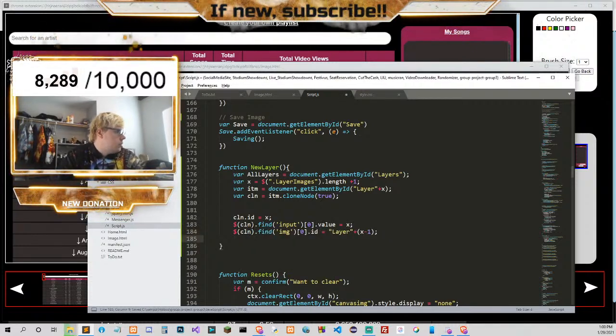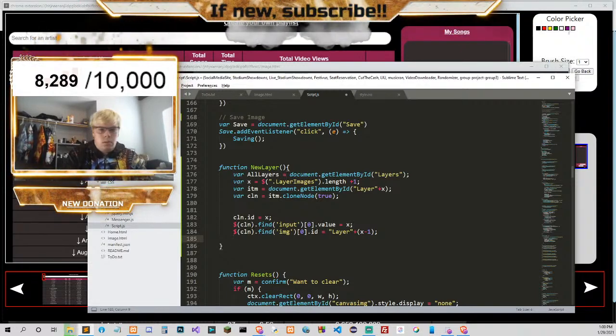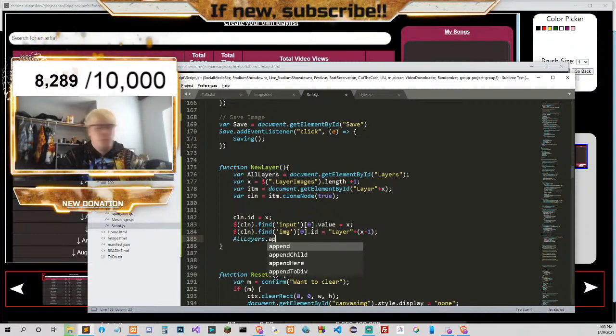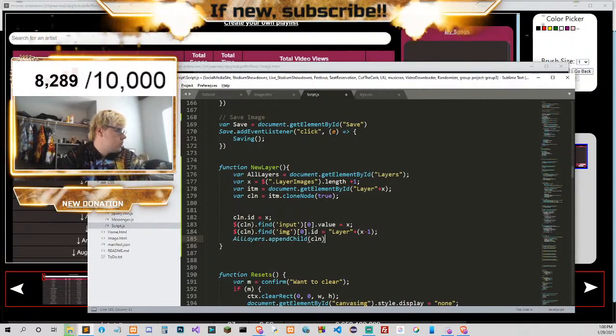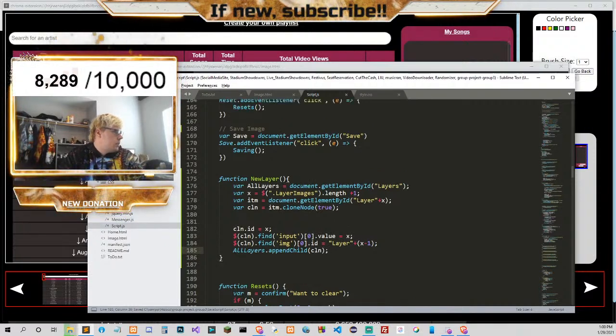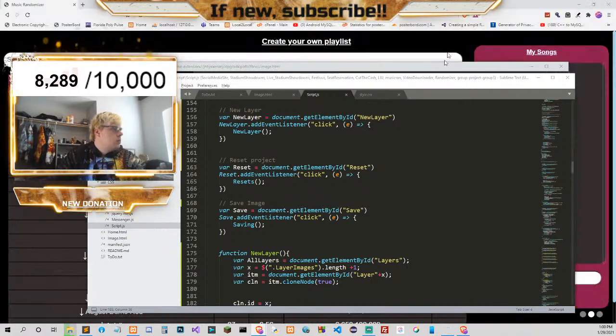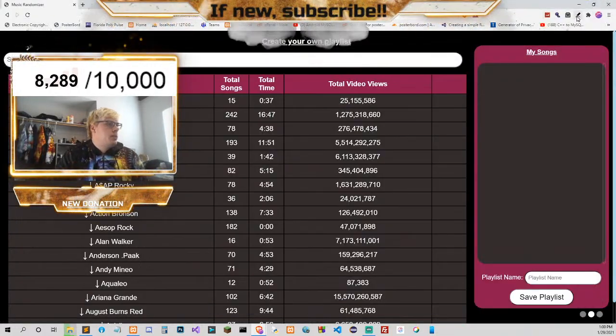Like that. And then we need to do all layers dot append child here. Like that, I believe. Let me try this, and if everything goes well, that will be good.